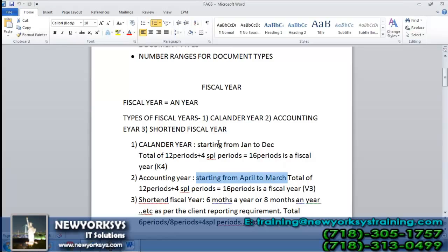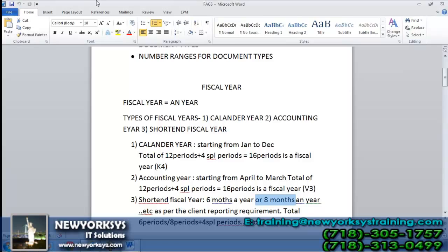And in SAP, there is another facility given, that is the shortened fiscal year. There is a third type, the shortened fiscal year. This could be 6 months considered as a year, or 8 months, or any requirement as needed. Suppose in countries with heavy snowfall, like Switzerland, business is done for only 8 months.